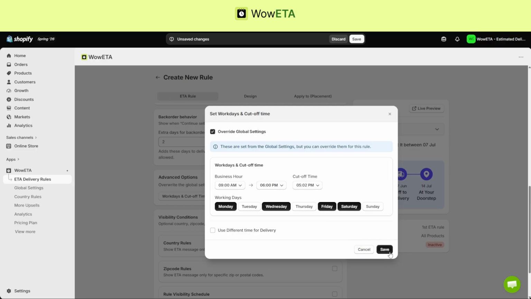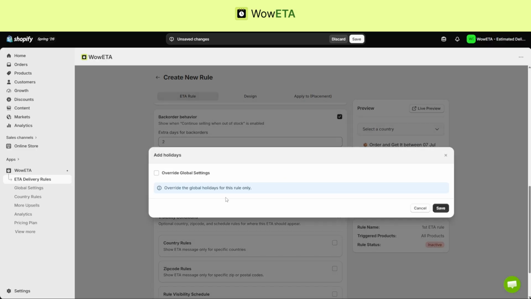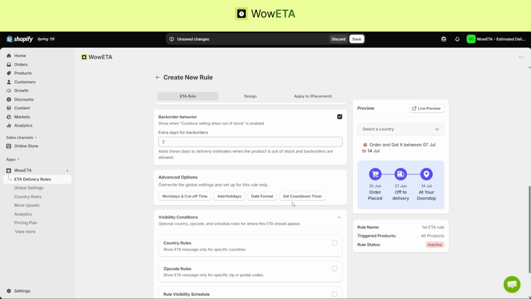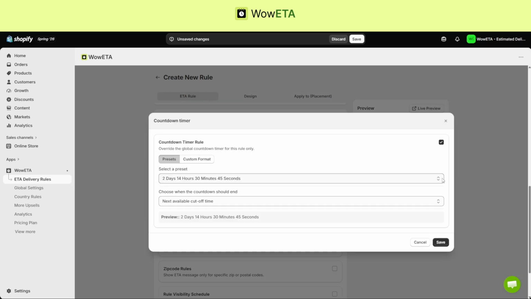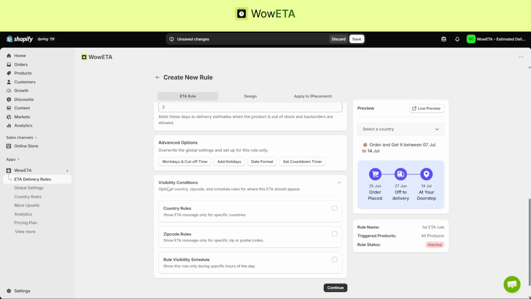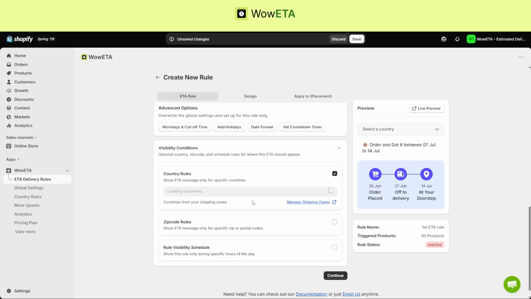And like workdays and cutoff time, you can add holidays, change the date format, and also set a countdown timer. And please remember, it will override your main global setting rules, so it will mainly work on this specific ETA rule. After that, you have the option to set specific countries where you want to show your